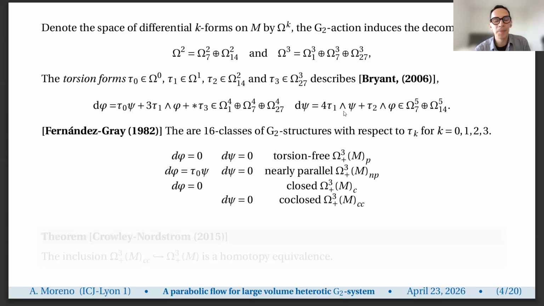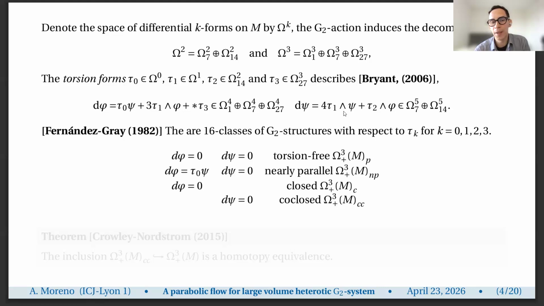So with these 4 torsion forms, you have in total 16 classes of G2 structure with respect to the torsion. As we saw before with the Fernandez-Gray theorem, torsion-free is equivalent to the vanishing of all torsion forms. But you can also study some weaker conditions for the torsion, as for instance, the nearly parallel G2 structures, which means that